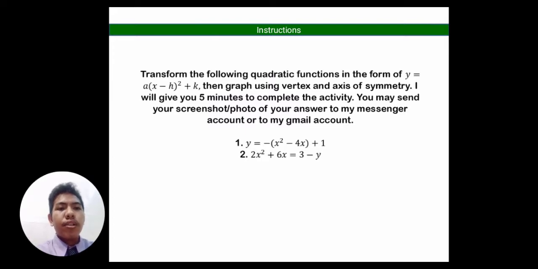Here are the quadratic functions. We have number 1, y is equal to negative (x squared minus 4x) plus 1. And we have number 2, 2x squared plus 6x minus 3 is equal to 3 minus y. Okay, are you done, class? Since you are all done,